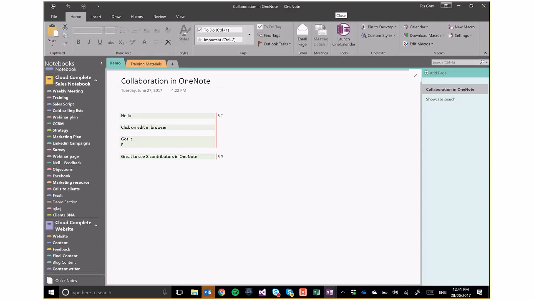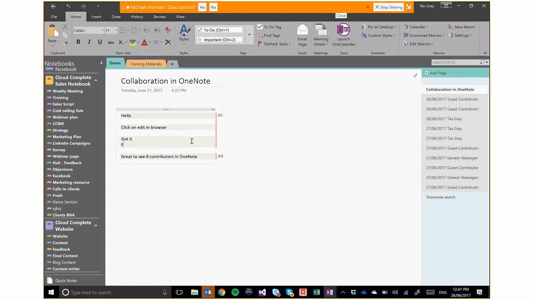So I've just flicked back over to the desktop version here, and I can actually see all those changes have now been reflected. Now, what I've done here over on the right-hand side,